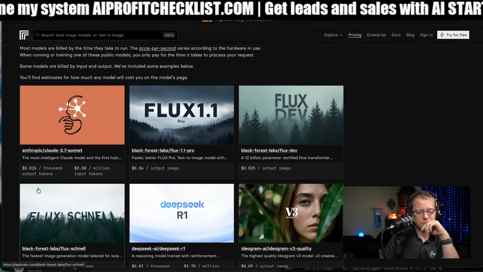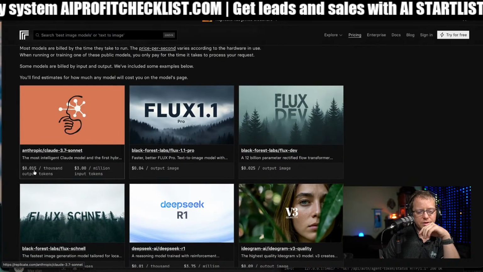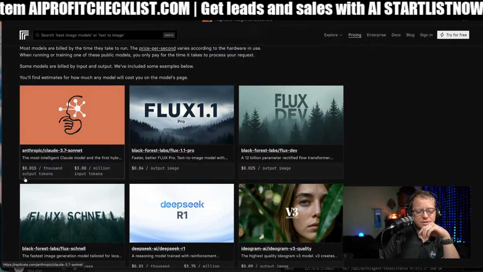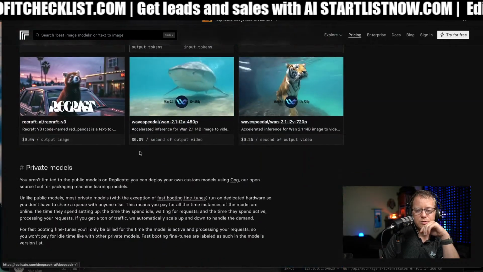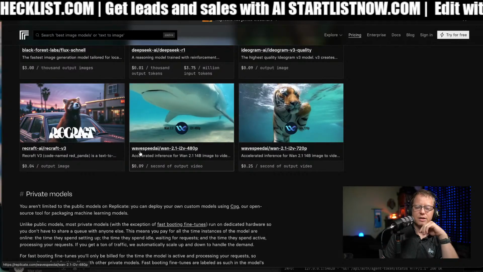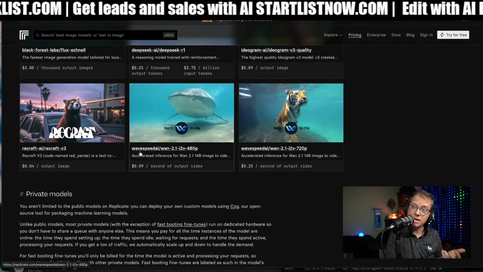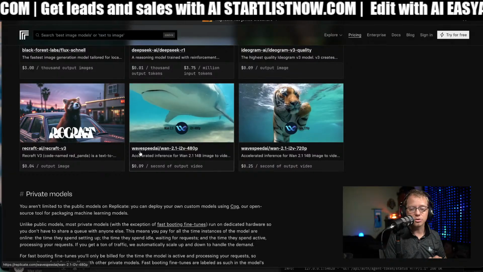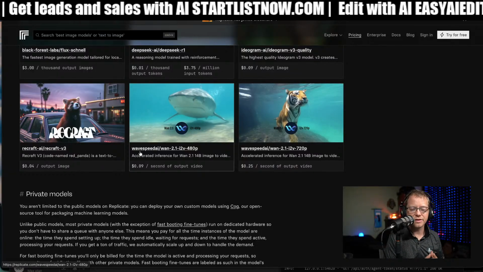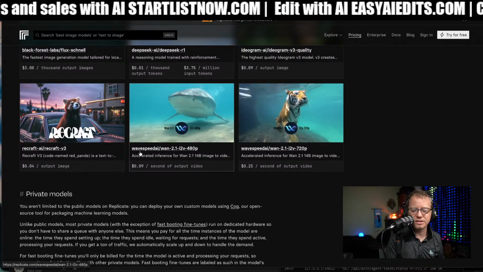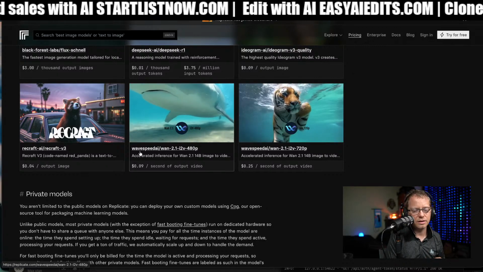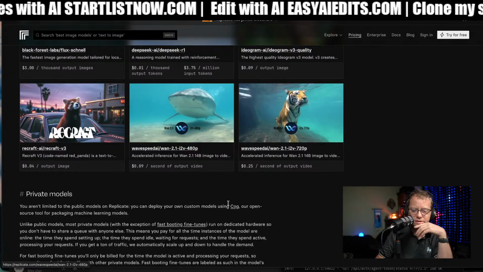models, see, it's like 1.5 cents per 1,000 output tokens. So you could create these things all using the Replicate API in your tool and not have to reinvent the wheel. And you could do it all directly in here, and it has a fixed price. Now, this is an expensive one, like 25 cents.